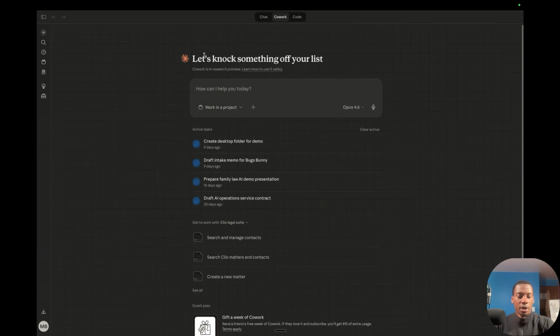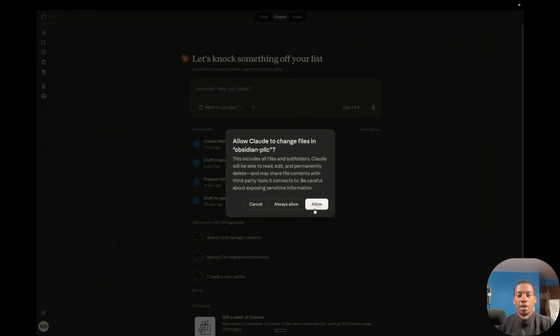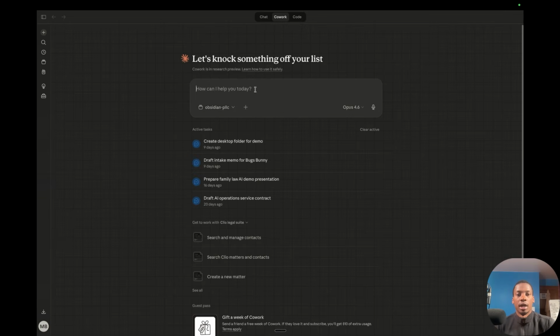So now if I come into Cowork, it's just like if I was working with any other project. I'll just come into this work in a project section. I will open up the Obsidian folder, and then I can ask a question like, can you summarize the meetings that we've had from Monday through Friday and note any important action items from those 5 meetings?